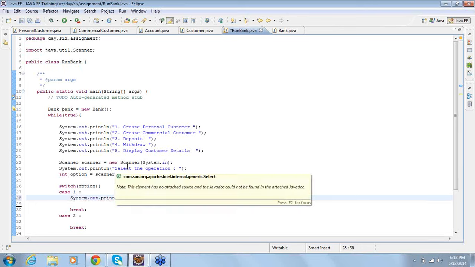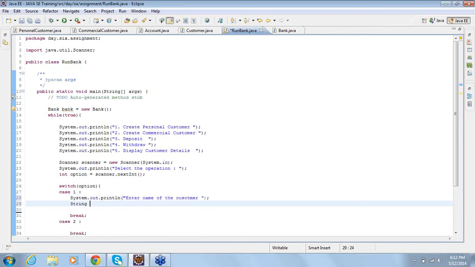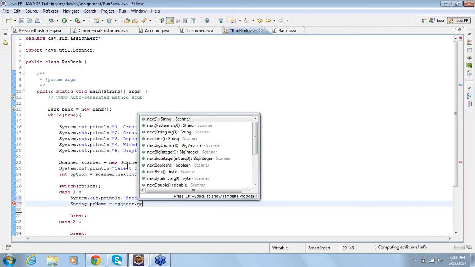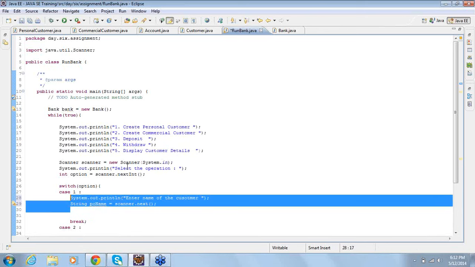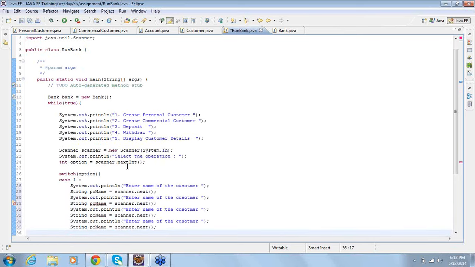So enter the name of the customer. Then you have scanner.next. You need address, home phone and work phone.